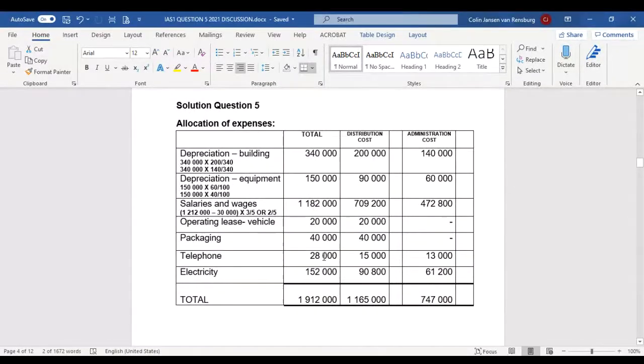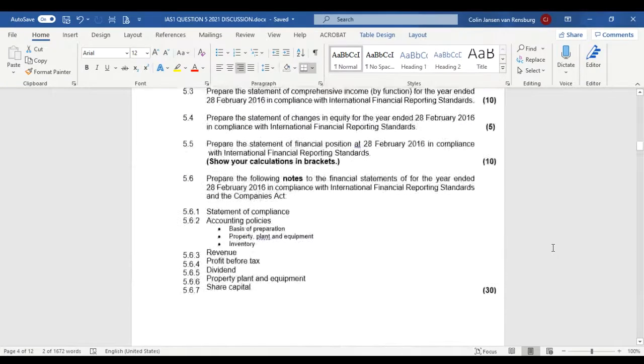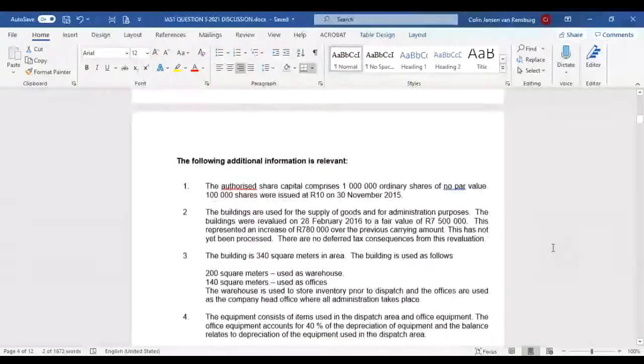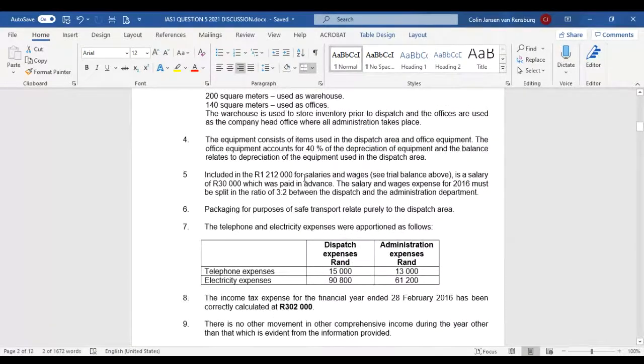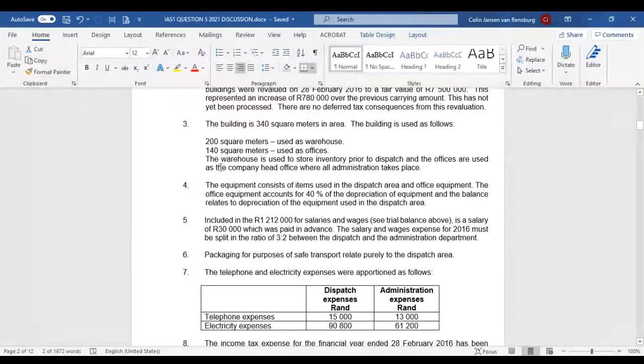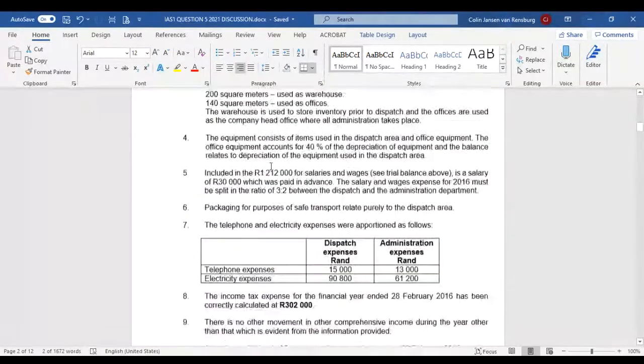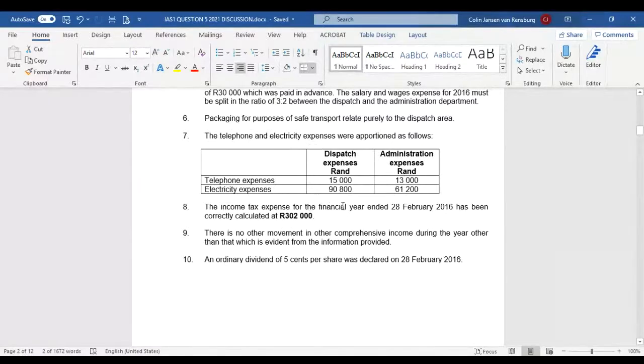So there we have telephone expense, 28,000 rands, right? But now we've got to go and see how they have decided upfront many moons ago how we are going to allocate this. So here in this case, in paragraph 7, they don't provide us with a ratio, they don't provide us with a percentage, they don't make reference to the area being used by each department. They simply say what might have happened in this case, in fact, is that the company may actually get separate telephone accounts for their admin function, and they may get separate telephone accounts for their